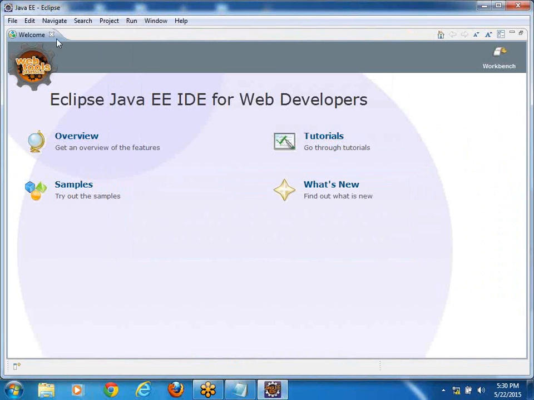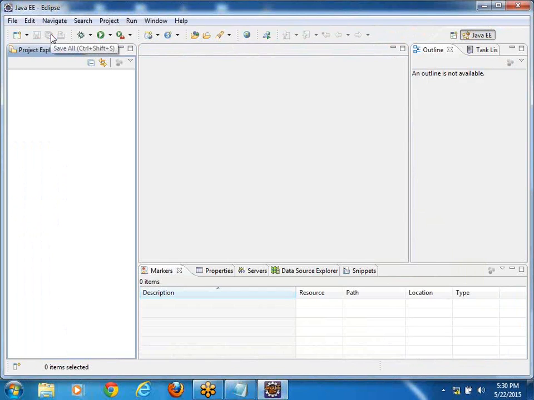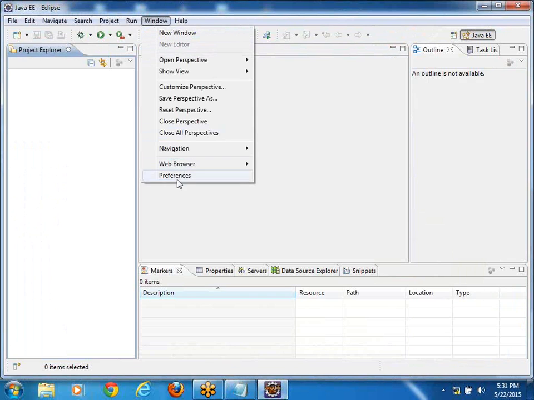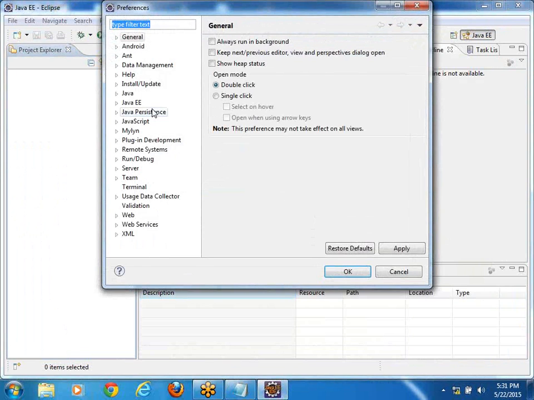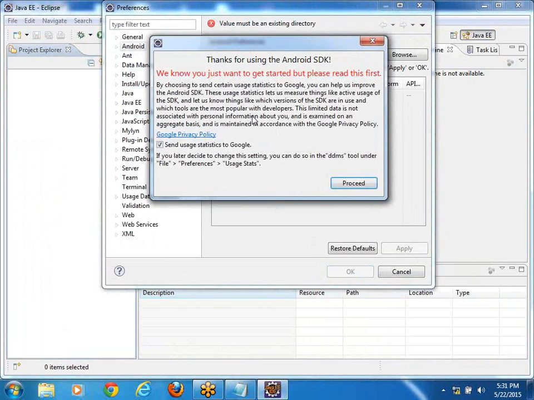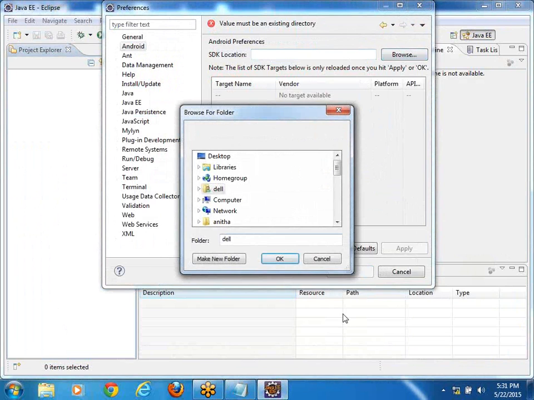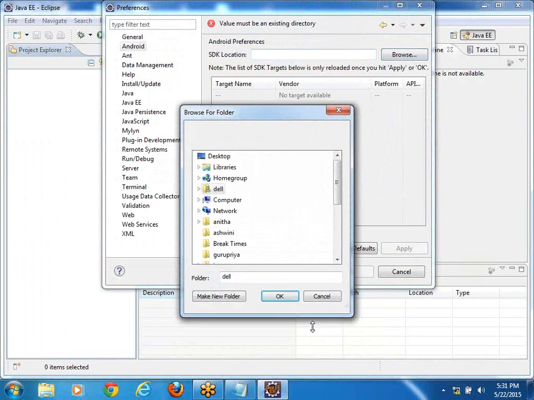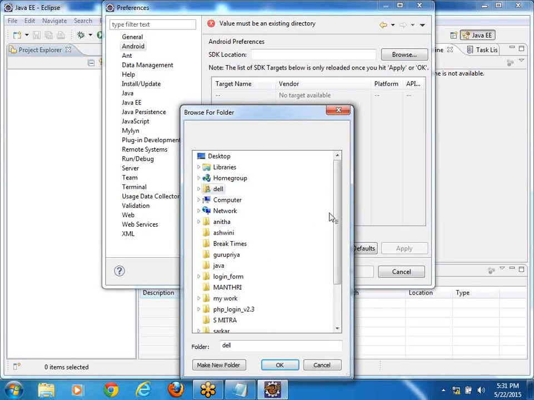So this is the main home page of Eclipse. Okay, so what is the third step? To develop Android applications, we need some supporting tools and libraries. Those tools and libraries are available in the Android SDK. Select Preferences. In Preferences, select Android. Select the Browse option. In your device, wherever the Android SDK is available, specify the location of the Android SDK